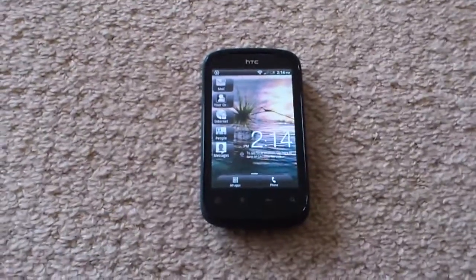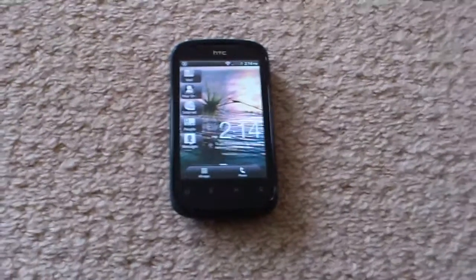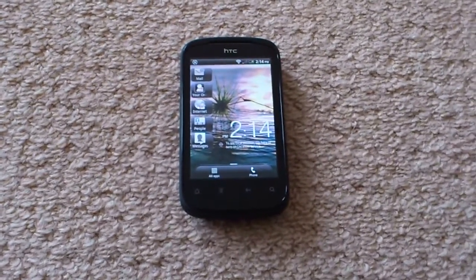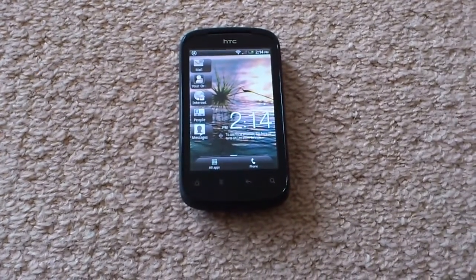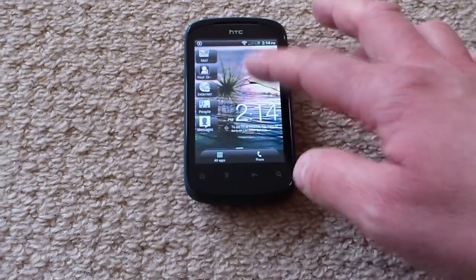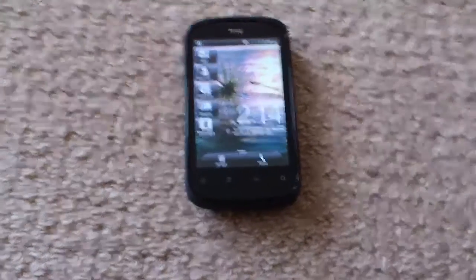Right, here's something we've shown you earlier, but I don't think we took a full video of it. It's the signal boost functionality, which is available on Orange handsets. It's actually made or created by a company called Kineto, and it's using their smart Wi-Fi technology, and it basically means that all of your calls can get routed out